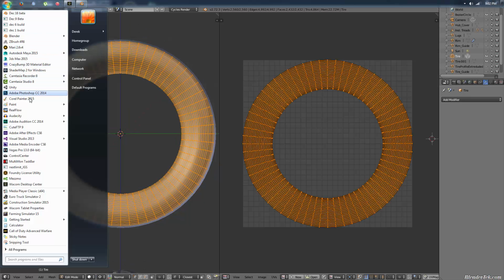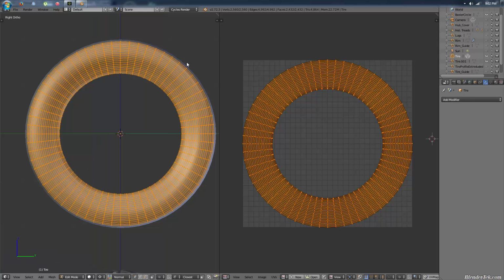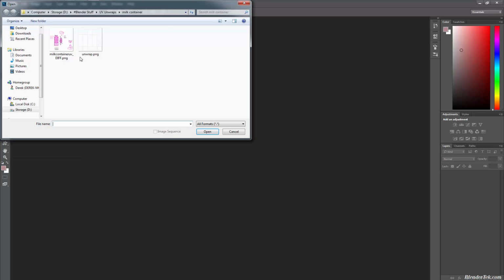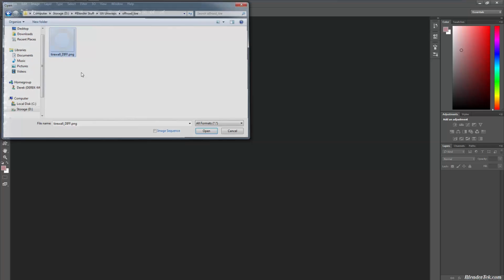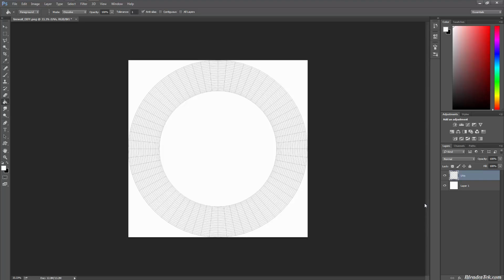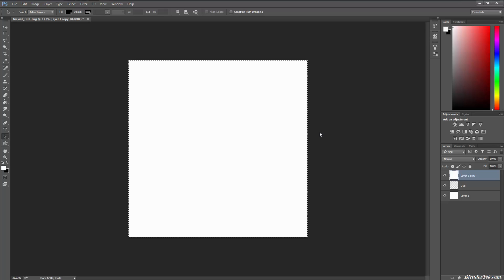Let's jump into Photoshop. Or Corel Painter could be fun, but I'm not used to it yet, so I'm just going to use Photoshop. Alright, let's open up our UV layout. Make a new layer below the UV layout, I'm going to fill it with white. I'm going to call my UV layer UVs. Ooh, excuse me. I'm going to make one more new layer. Whoops, didn't mean to do that. I meant to do that. Alright, so basically,